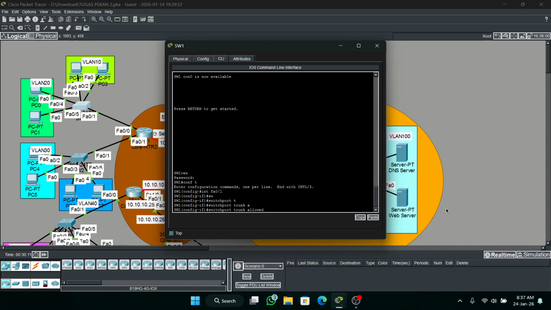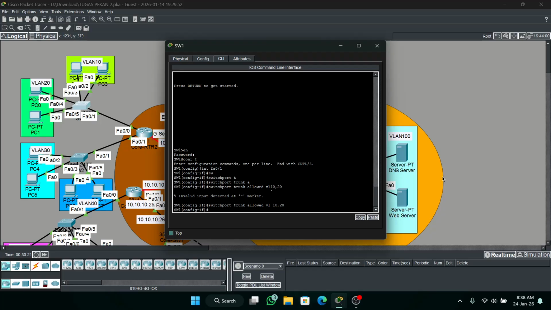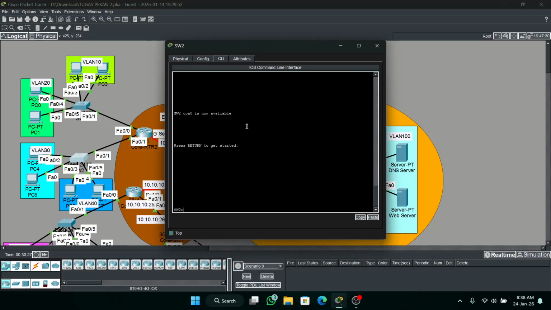Just allow VLAN 10 and VLAN 20. Okay, do the same on every switch.